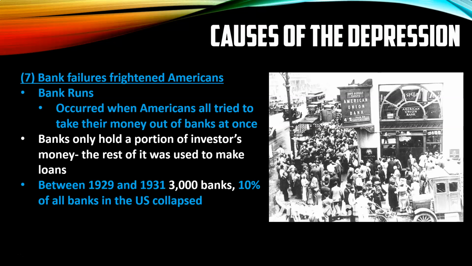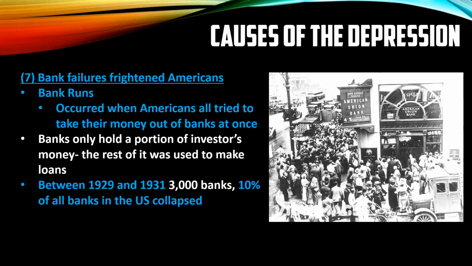So, for example, 10 people put $1,000 in the bank. We have $10,000 in that bank. Well, the bank gives somebody a $10,000 loan. Well, the idea is that one person will keep paying that money back, and those 10 people will sporadically come and get money out of the bank, so the bank doesn't have to be responsible for that $10,000 immediately that is technically credited to all 10 of our accounts.